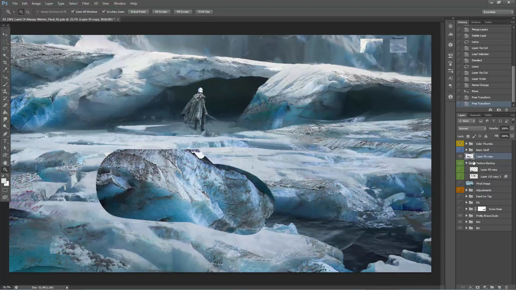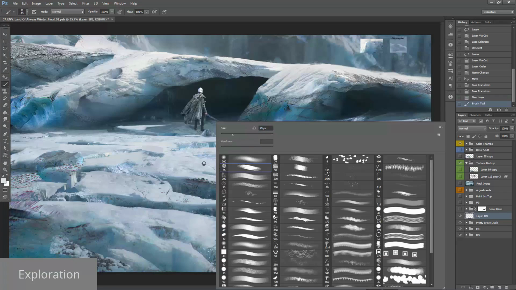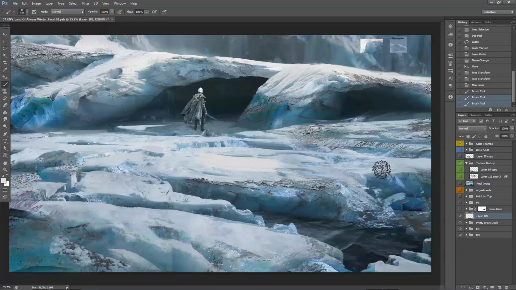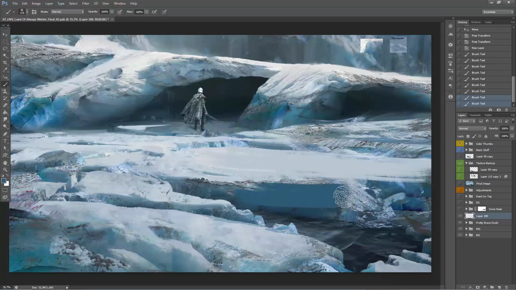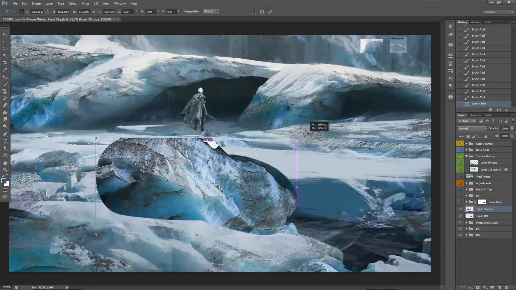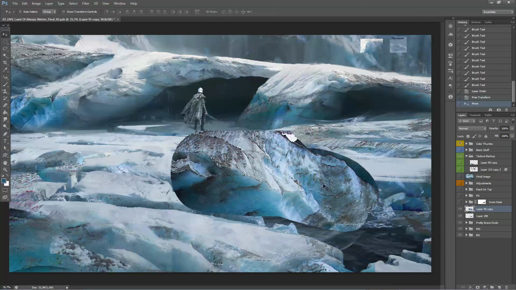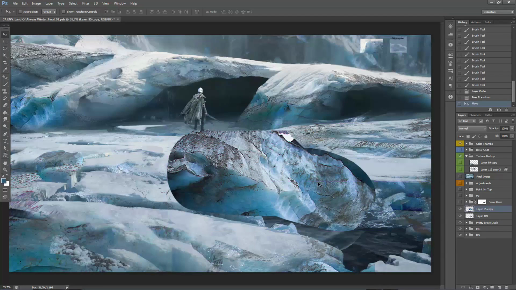So what I like to play with in the beginning, after indicating the main colors I want, so doing pretty large strokes, is different modes. Let me get this texture down here. The modes I like to use the most when exploring. So this is what this concept is about: exploring a different or an interesting shape or an interesting ground